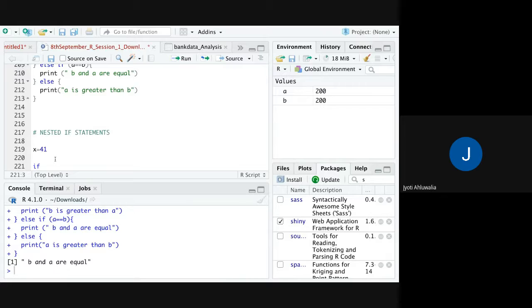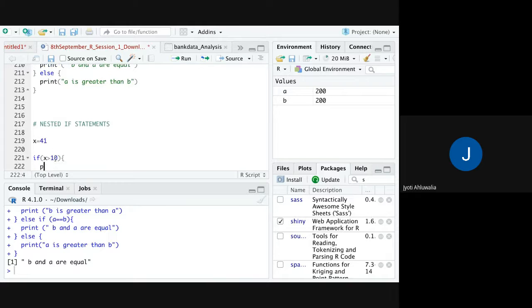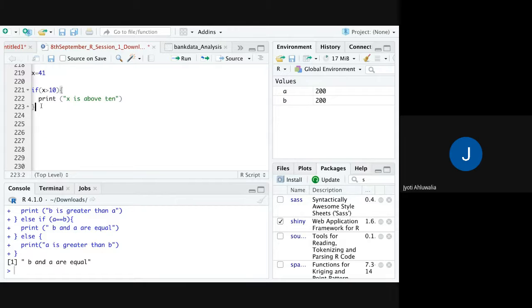Then I say if X is greater than 10, curly brackets open, I say print X is above 10, and the curly brackets get closed. Now, within this itself, I'm saying if X is greater than 20, curly brackets again, print